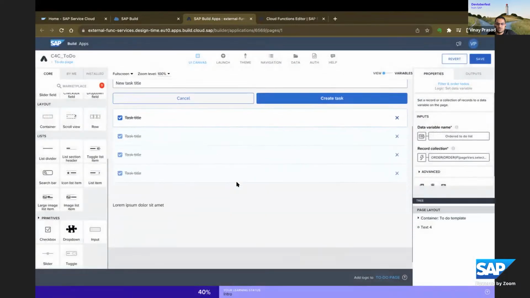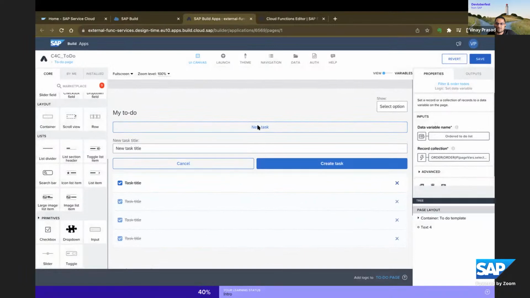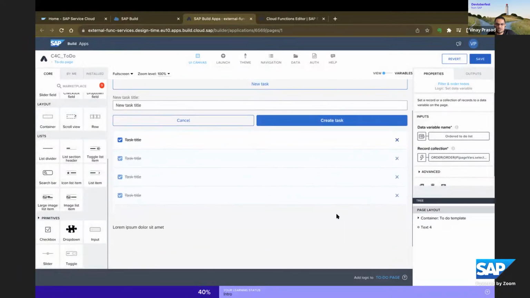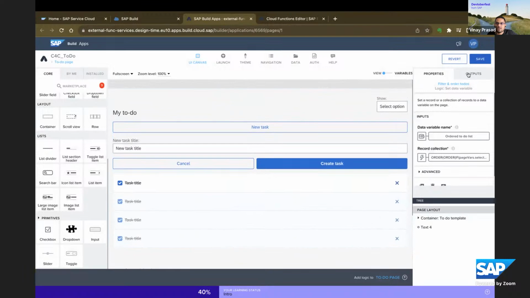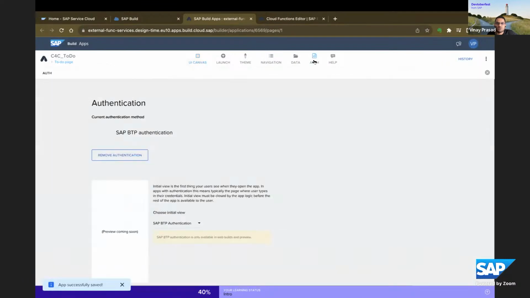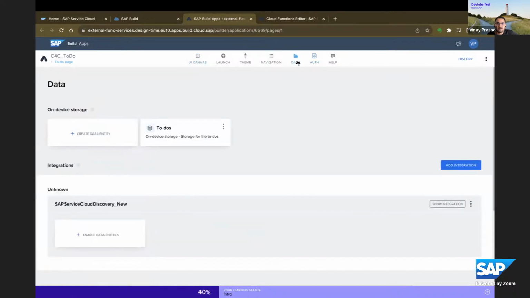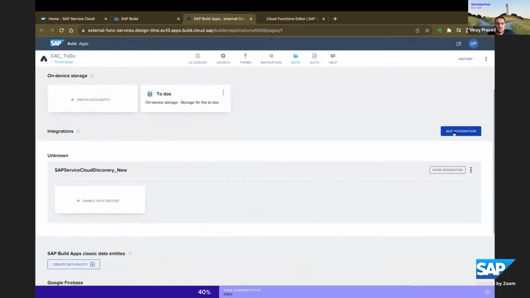And once we have developed this kind of an application, then we can quickly save this. What we need to do is go to the auth and then establish BTP authentication, because this Build Apps is subscribed on top of BTP. So we choose this BTP authentication, and then if you go to the data, here you see all the pre-built